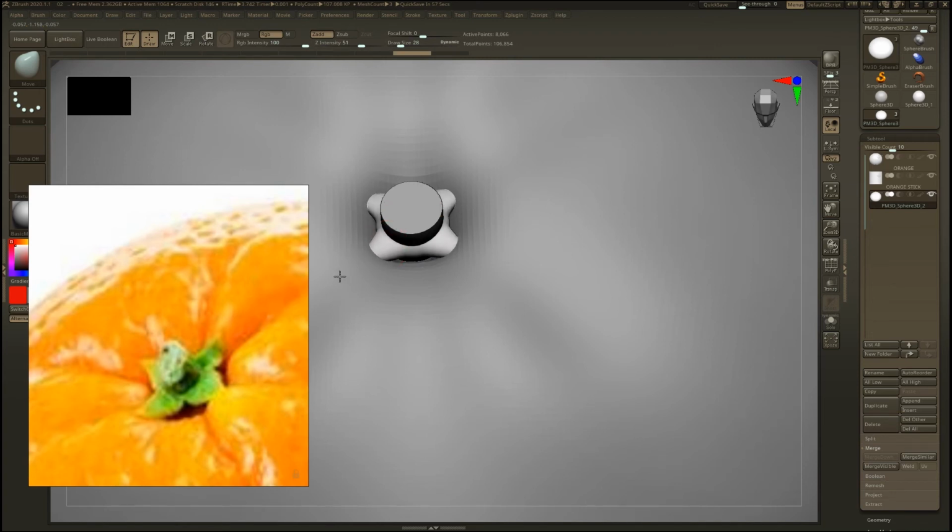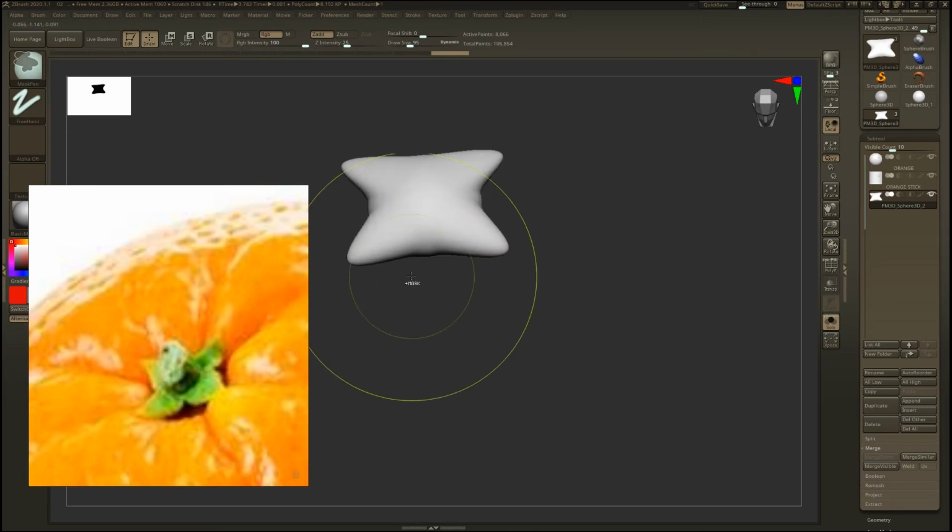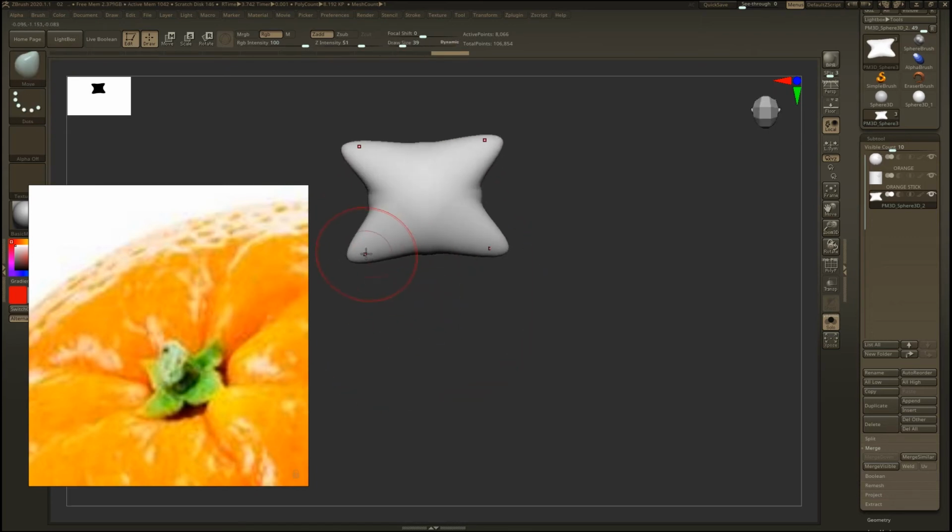Now choose the Move brush and pull out the mesh. You can also solo it to manage it easily. Try to get the basic shape by pushing and pulling with the Move brush.